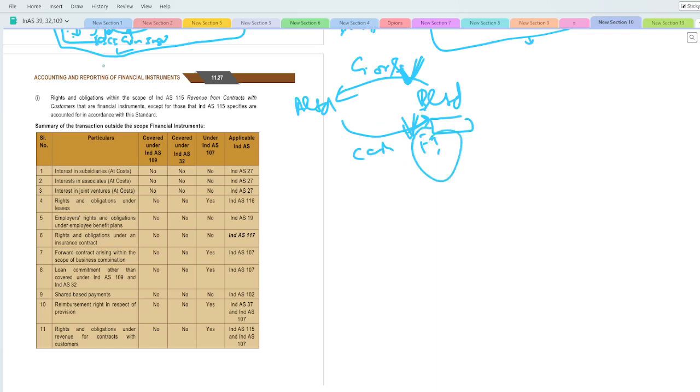और उसको फिर ये लोग स्कूपिंग आउट करने के लिए बोल रहे हैं कि राइट्स एंड ऑब्लिगेशन विदिन द स्कोप ऑफ इंड एस 115 विद द कस्टमर्स डेट आर द फाइनेंशियल इंस्ट्रूमेंट्स। तो फाइनेंशियल इंस्ट्रूमेंट कब बनेगा? तो फाइनेंशियल इंस्ट्रूमेंट तभी बनेगा जब केवल आपका आउटस्टैंडिंग हो, ठीक है।